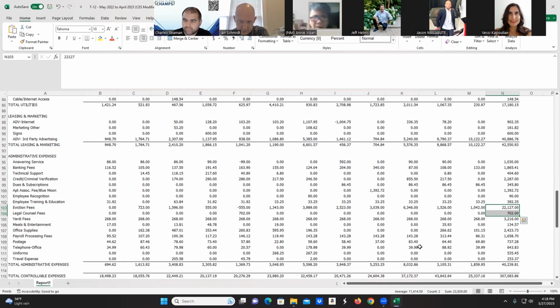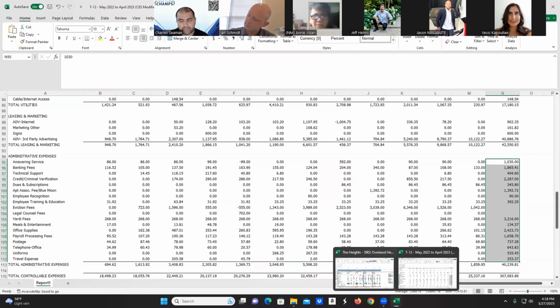Legal fees are pretty cheap. Anybody? They grow, without the eviction fees. Does anybody have a different thought on that? They seem to be growing in the last few months as well. They do. What I would say is that in general, $22,000 a year for a 133 unit property is probably a pretty high expense, I would say. So again, that could be a problem or it could be an opportunity, something we'll need to study a little bit further. So the rest of these items related to our general admin expense,